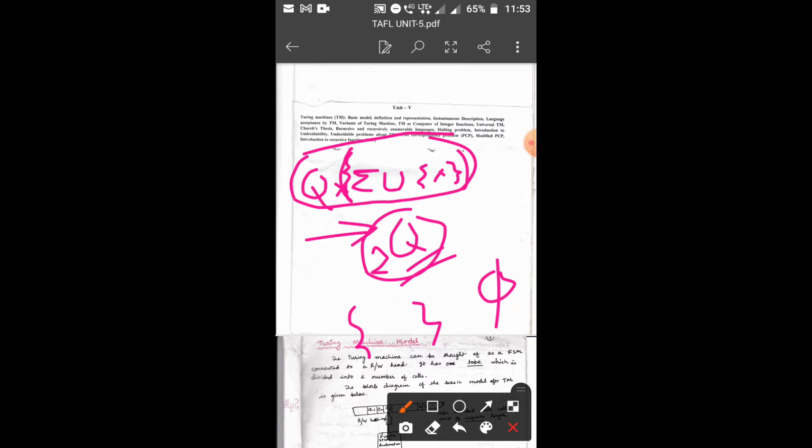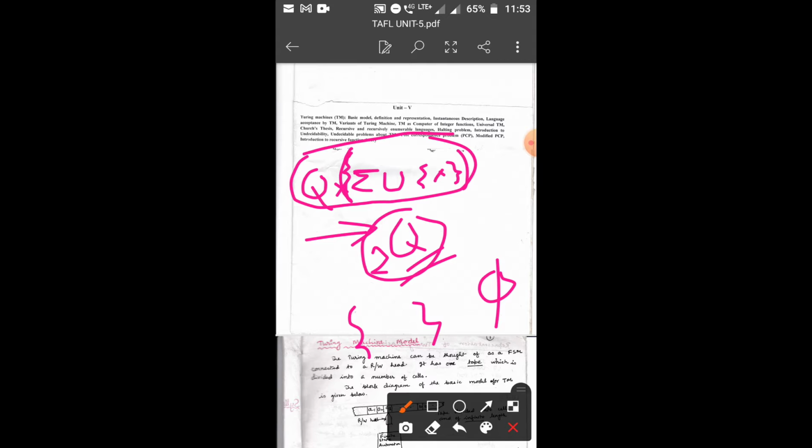So every time, whatever we write in the transition table, within every cell it is in the form of curly braces. The way of representation is an important thing.